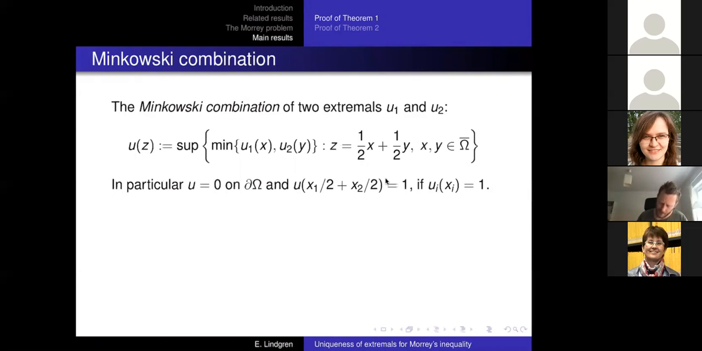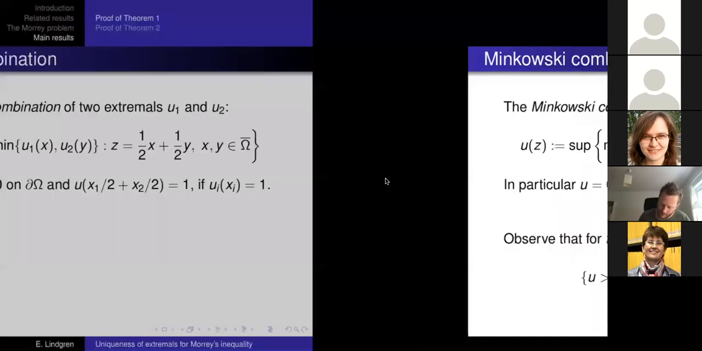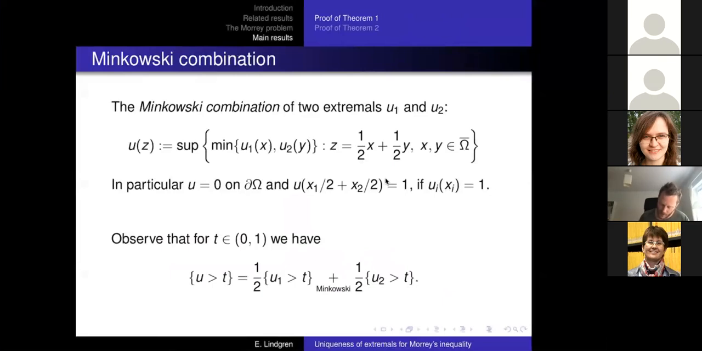So if the functions U1 and U2 have their maximum values at x1 and x2, then this new function will have its maximum value at the midpoint of these, and it still will be 0 on the boundary. So it will be a competitor for this Rayleigh quotient. And if you don't like this formula, you can also think of what this is doing: for this new function, the level set is just the Minkowski sum of the level sets of U1 and U2. So